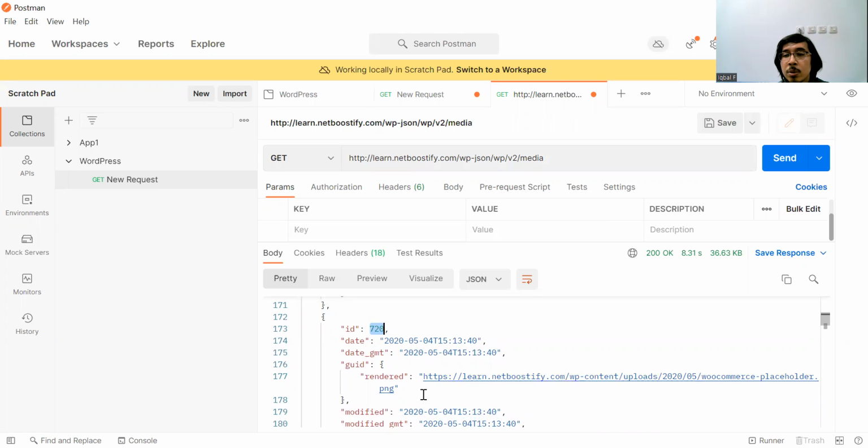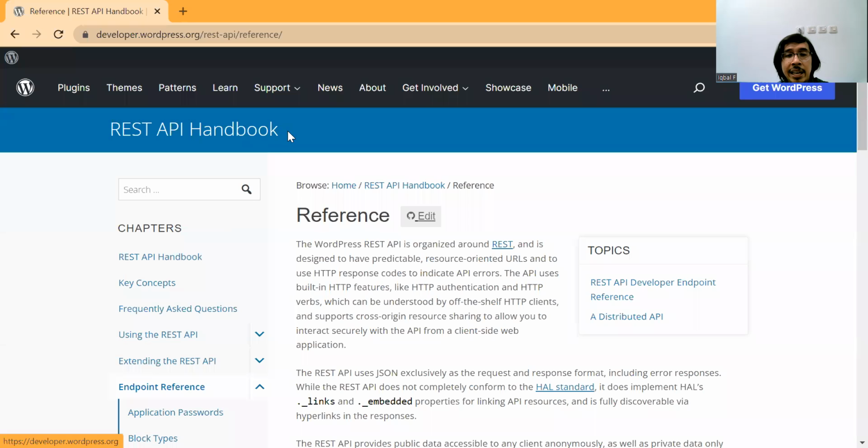Those are the ways to access the API using GET for a WordPress application. I really suggest you read carefully the REST API handbook from developer.wordpress.org/REST-API.